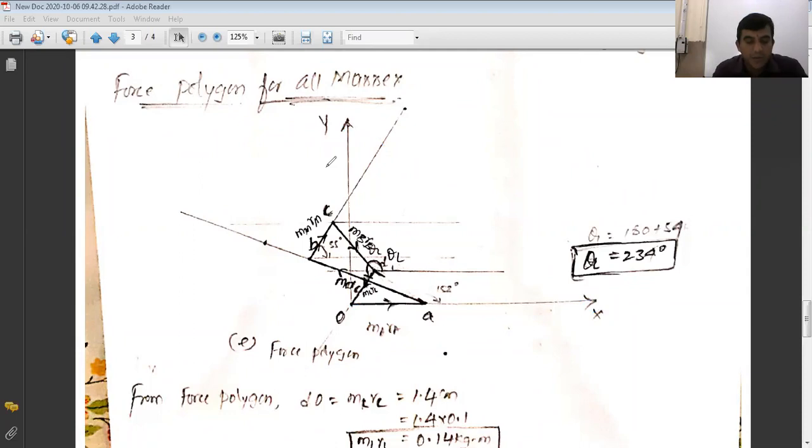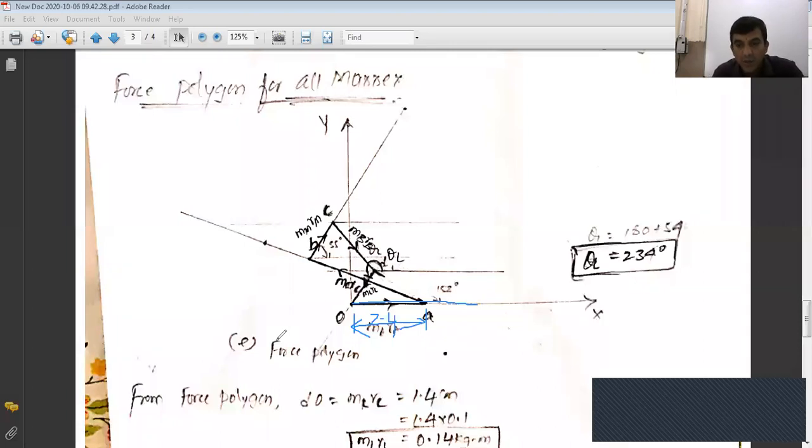Now for plane A, MARA is 0.237. What is the orientation? The angular position is 0 degree. From the intersection of the x and y axes, draw a 0 degree line. Along the 0 degree line, measure MARA, which is 0.237 kg meter. Converted into scale, it becomes about 2.4 centimeter. First one over.